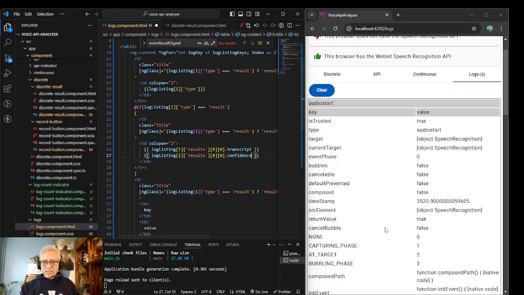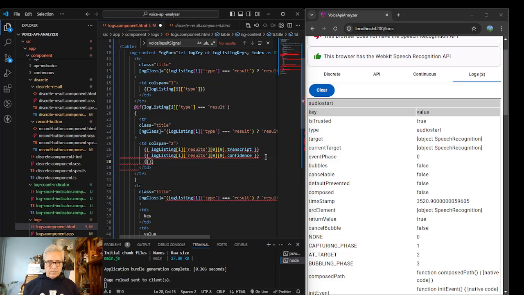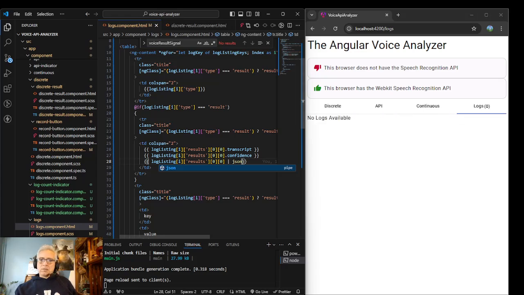But for some reason, and maybe, yeah, no, I mean, it seems like this result 00 should show me like, that should show me the full JSON object. But it doesn't, I don't think.